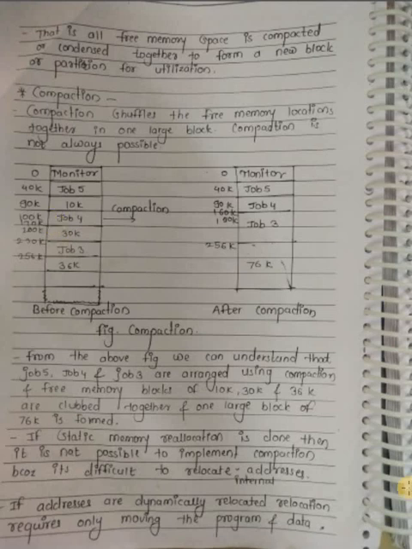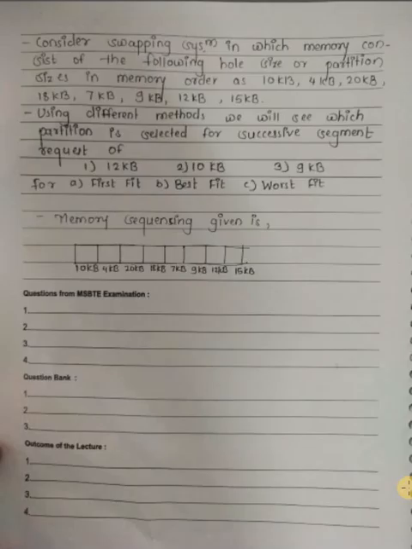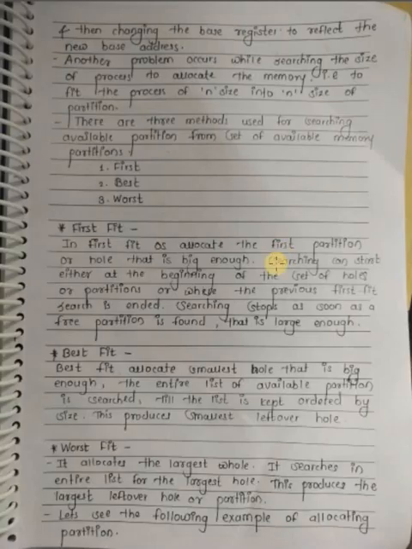Now, as a homework, the compaction point is not in your syllabus, but you study this point in detail. The description of the compaction is given here. Then you will get the clear idea about the compaction. Then you study the first fit, best fit and worst fit method and solve any one example by referencing these notes. This is your today's homework, and solve any one example by using first fit, best fit and worst fit.